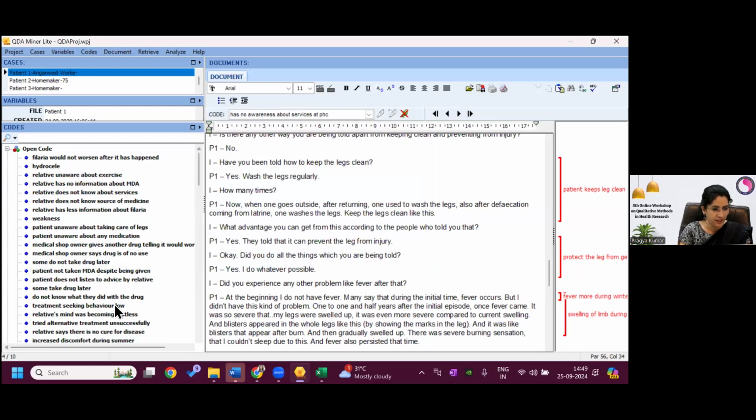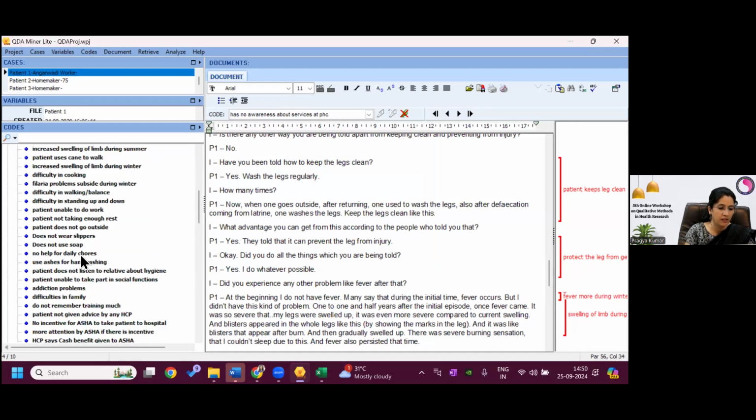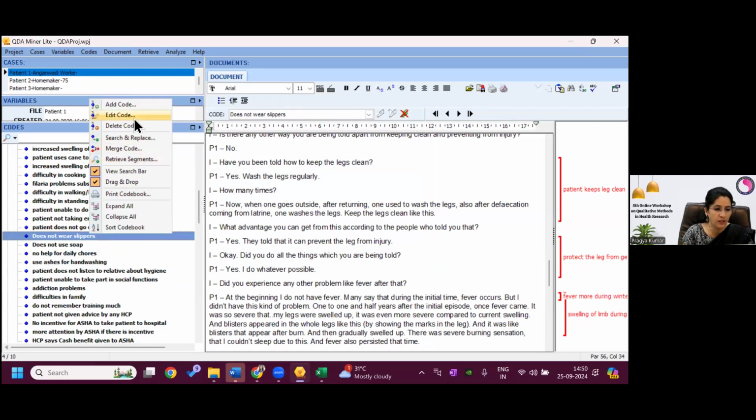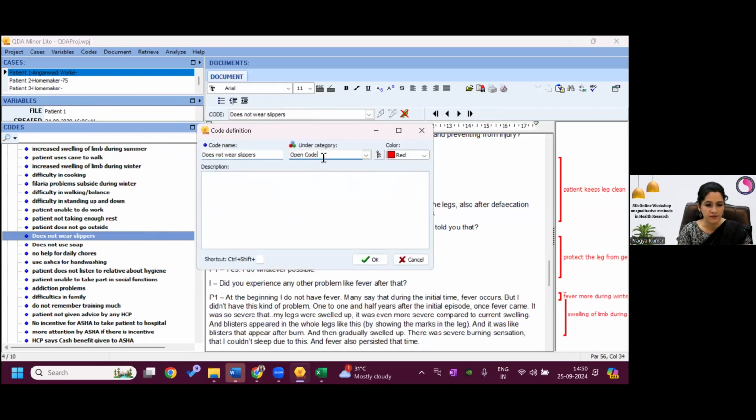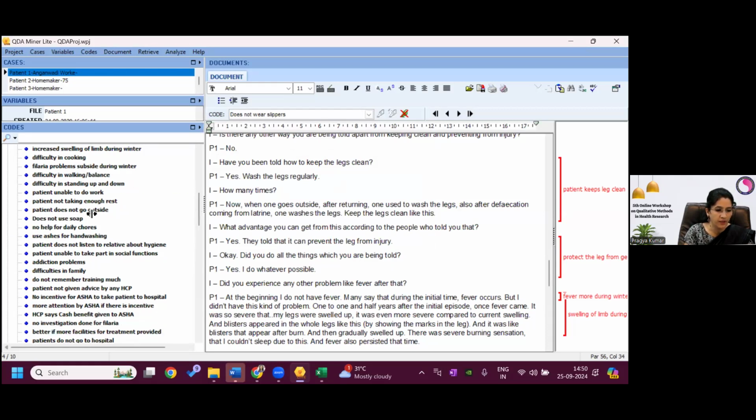Okay. Then again, treatment seeking behavior low, relative mind was becoming restless. Patient does not listen. Medical shop owner says that drug is of no use. These are like some other issues. Does not wear slippers, non-adherence to the advices. So probably a patient, this will become under patient factor, non-compliance or low adherence. So this will be non-compliance, okay. And then again, like this we have like does not use soap and all. This we have kept it as unhygienic,